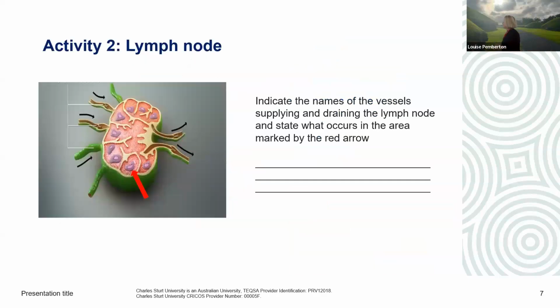Okay, so we've just talked about this, but can you indicate to me what the names of those vessels are that supply and drain the lymph node? And also what might be happening here at this red arrow? So that's your pattern. And is it where you're going to have phagocytosis happening with the cell? Not quite phagocytosis, but you're very close. This is the germinal center, and this is where the activated T cells and B cells will divide really quickly